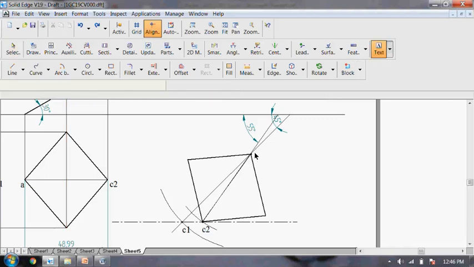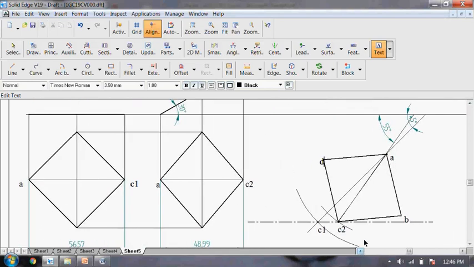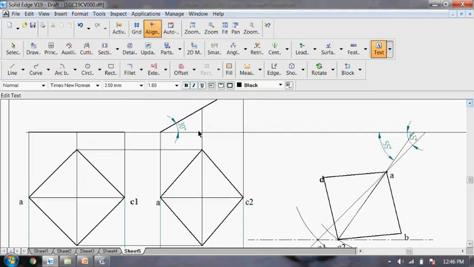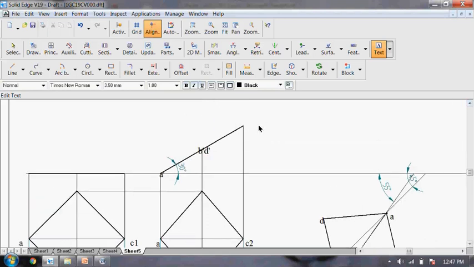So A, then C2, then this is B, so A, B, C, and then D, and then here in front view, A, B, C, D. So this will be A dash, and here you will get B dash and D dash, you will get 2 points. And at the top you will get C dash.